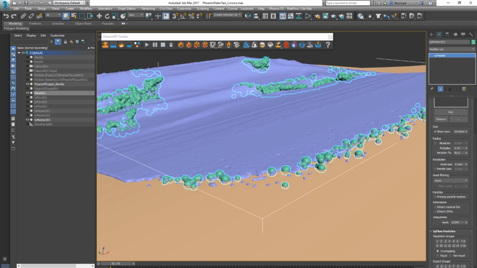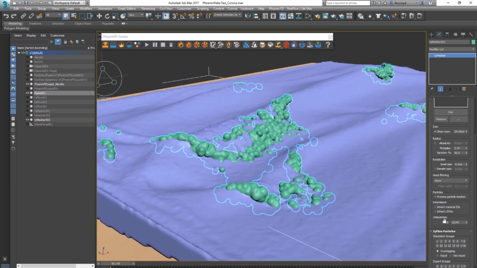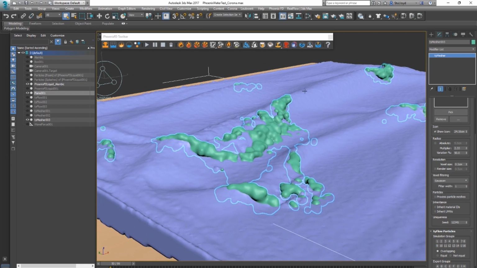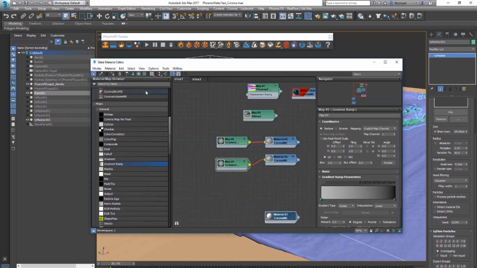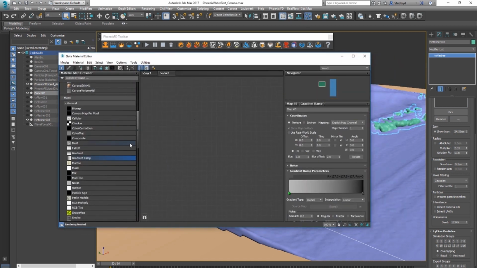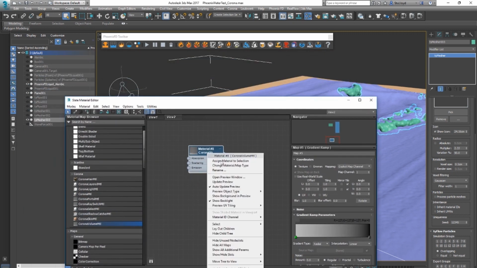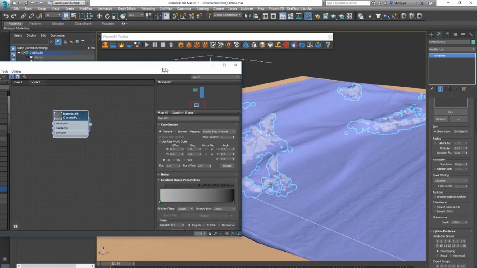These will actually look like foam bubbles that build up around the edge, which is actually pretty cool. And you can smooth it out a bit, so you can give it some filtering, and that'll just smooth it out. So now all we have to do is go into your material editor, and give it a volumetric material. So you can just go Corona volume and apply that to the Ty mesher,